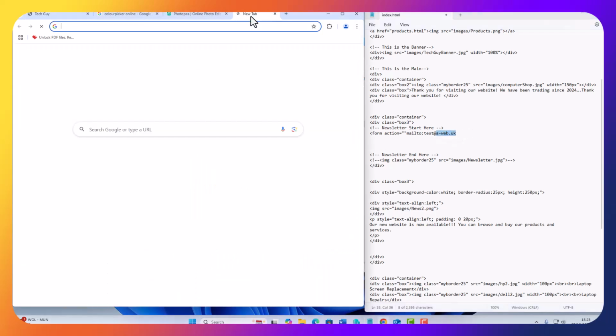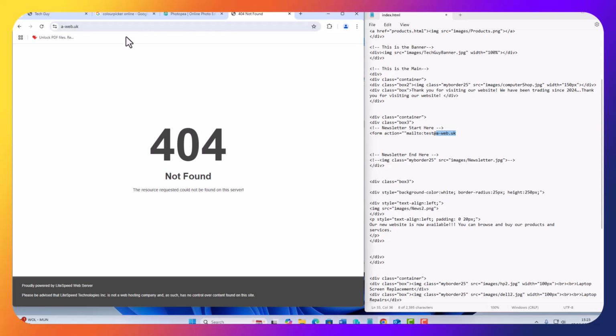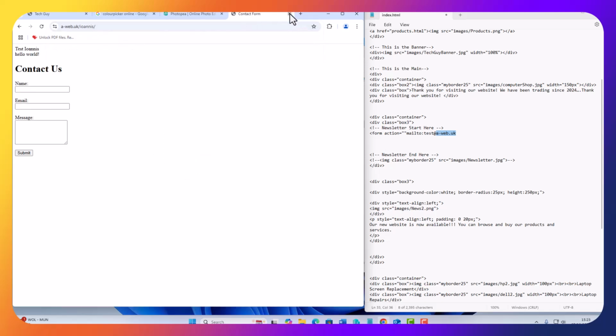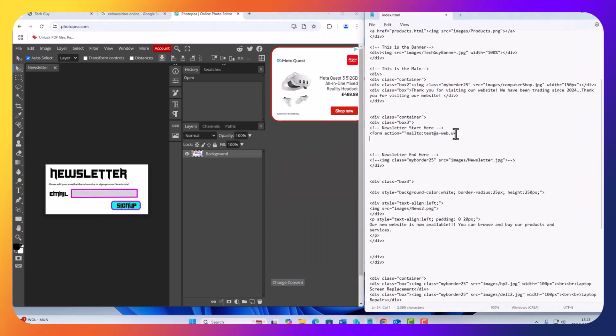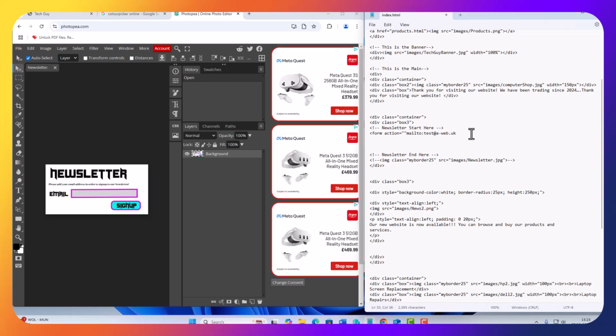Let's have a look here. It's one of my websites. Yeah, that's one of my websites. Okay, so I'm going to put test at, I don't want to use somebody else's website, that's all. Let's remove the double quote here. All right, so the action is equal to mailto colon test at, and then you put your email address,